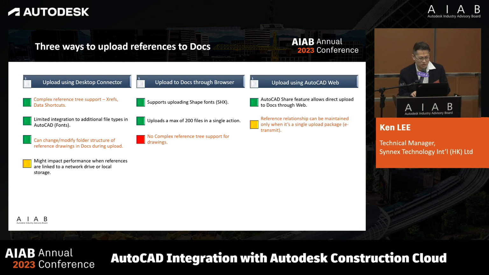And the third method to upload the drawing to Autodesk is through AutoCAD Web. AutoCAD Web is a web application. That means you don't need to install anything on your mobile device, such as a mobile phone or your tablet. You just log into AutoCAD Web. Because you have a subscription to AutoCAD, you automatically have the function to use AutoCAD Web. It is web-based. You can open your drawings from your Autodesk Docs and edit and modify them in the AutoCAD Web interface,